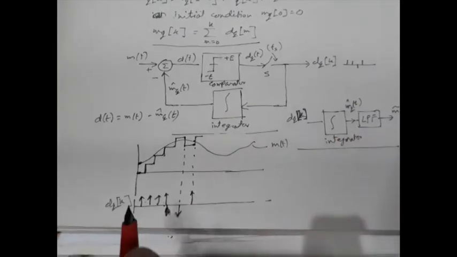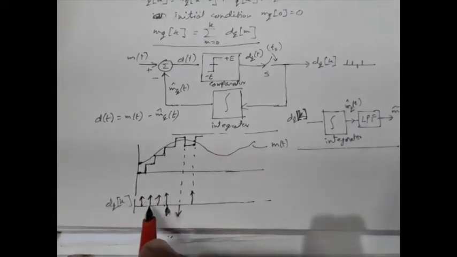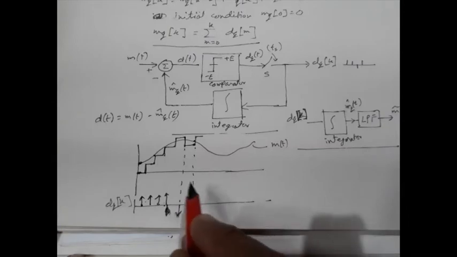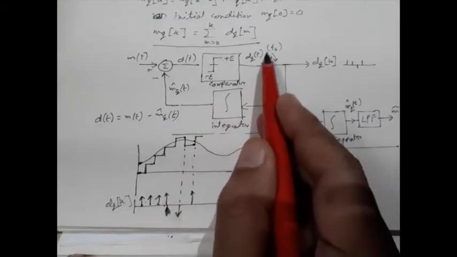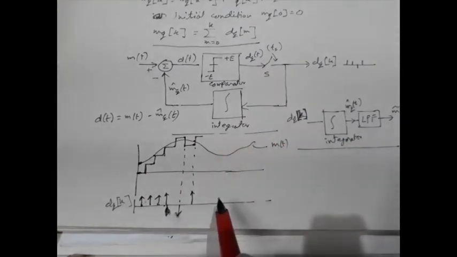One thing you must note: each sample at each point, these are the sample values, and these samples may be transmitted with the help of just 1 bit, one for positive impulse, another for the negative impulse. So that is why it is a single bit DPCM. Now for proper operation, this Fs must be much higher compared to the Nyquist rate. So this is the condition that we have to maintain.